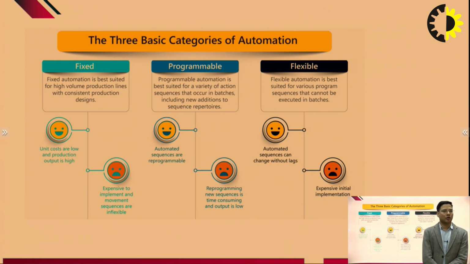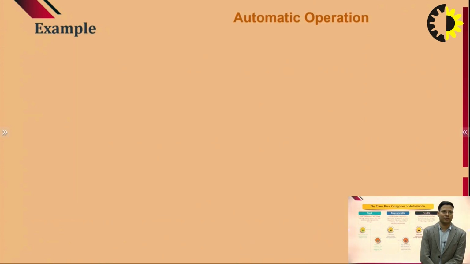Now a common disadvantage is that fixed automation was expensive, not in the form of operation but in the form of any changes during the course of time. Whereas in programmable automation we were doing more programming and more sequence operation at that time. These are the three basic categories of automation which we were talking about.